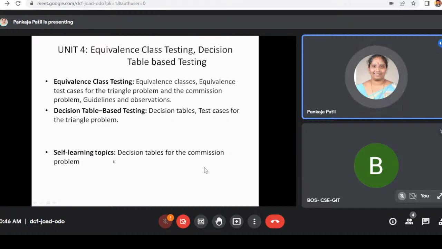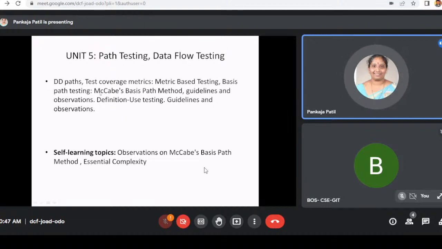And there is a self study component here. Here you are going to study about how to write a decision table for the commission problem, and how to write a test case table for the triangle problem by using decision table based testing. So that is to be introduced. Then the last unit is